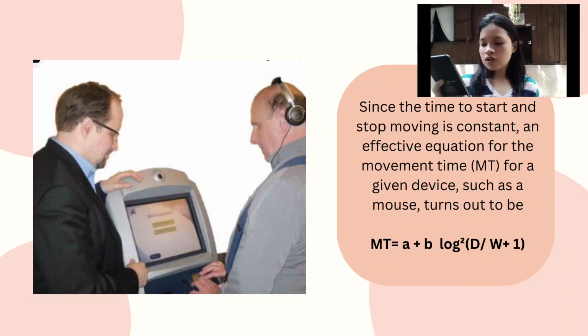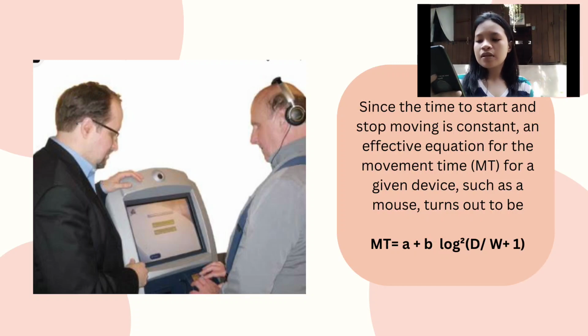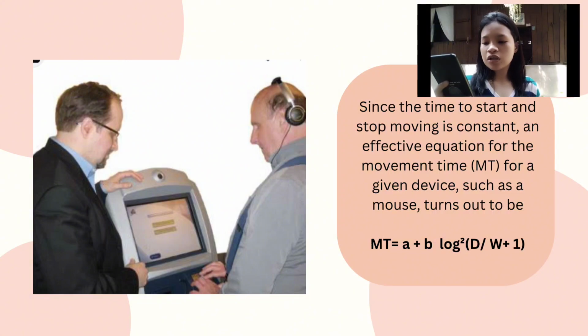Since the time to start and stop moving is constant, an effective equation for the movement time, or MT, for a given device such as a mouse turns out to be MT equals A plus B log 2 of D over W plus 1, where A approximates the start-stop time in seconds for a given device, and B measures the inherent speed of the device. Both A and B need to be determined